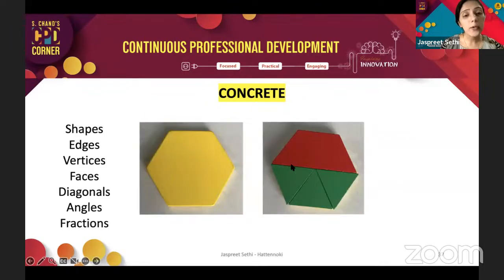These are called pattern blocks. And these pattern blocks are also something which I use for not just shapes, but also talking about edges, vertices, faces, diagonals, angles, fractions. While I'm sharing all this, I am very much aware, and I have addressed this before,